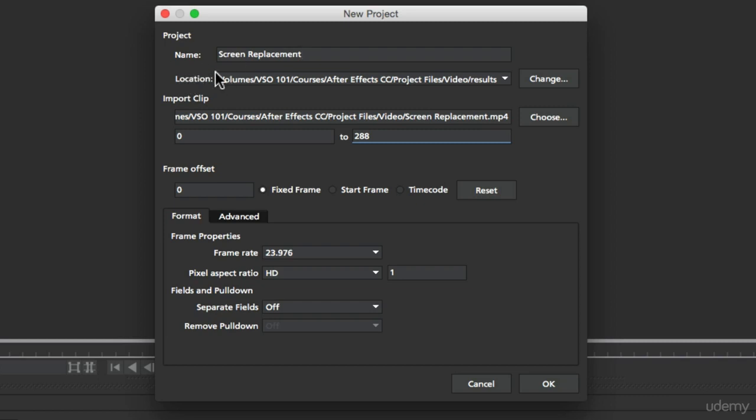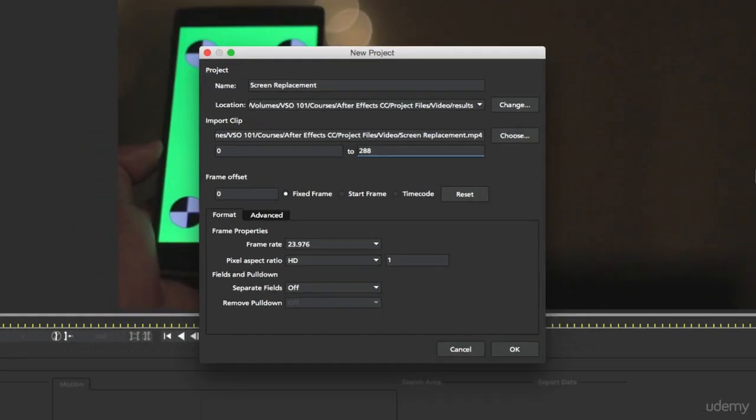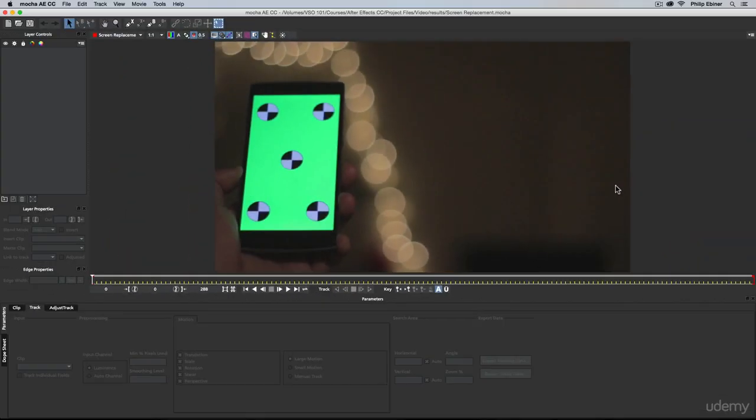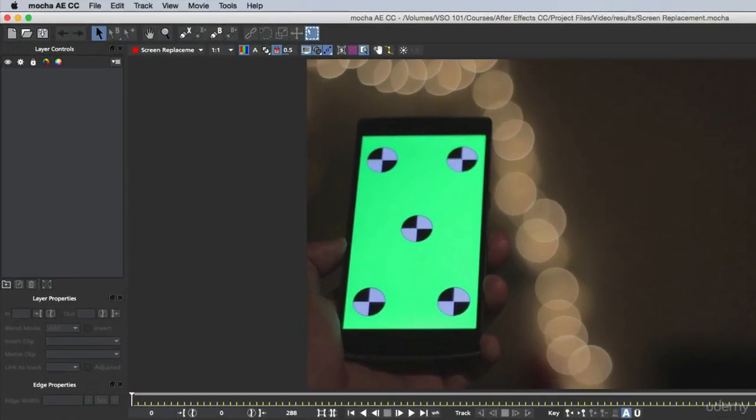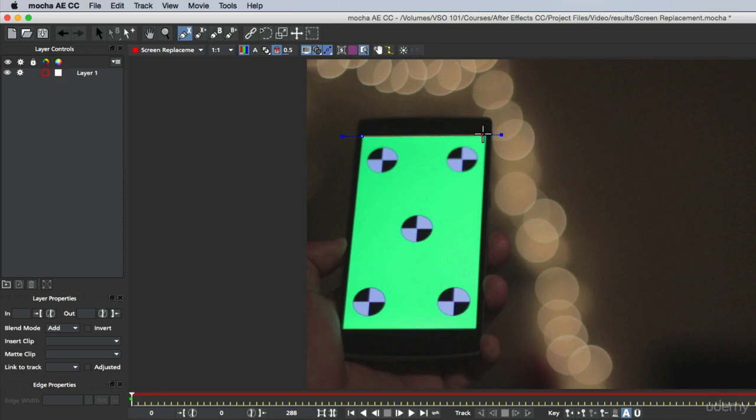If you want to change that location, it's this option right here. So I just click OK though. There's lots you can do in Mocha, but all you need to know is this workflow. So first, click the little pen tool with the X icon right there. Along the edges of the screen, click, and you don't have to drag, just click once and then click around